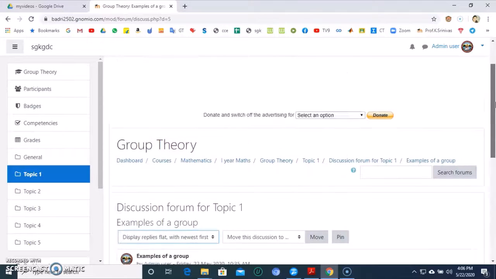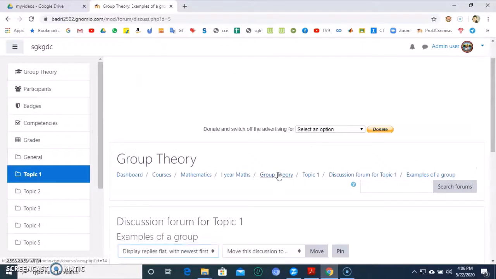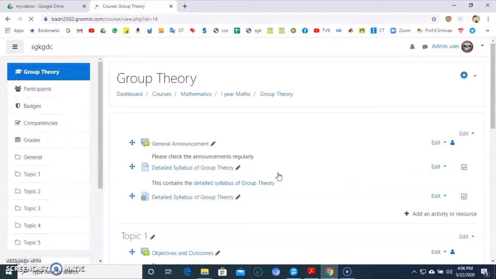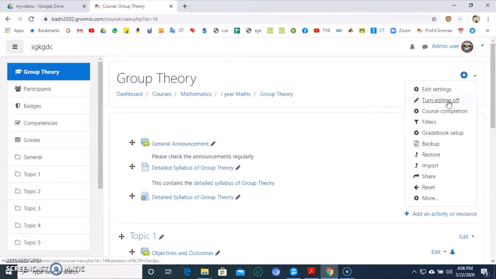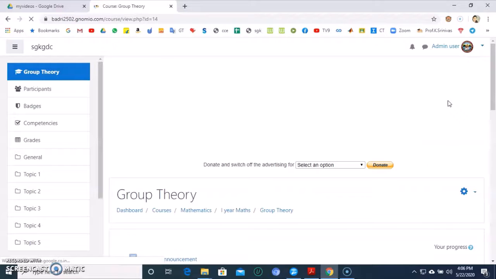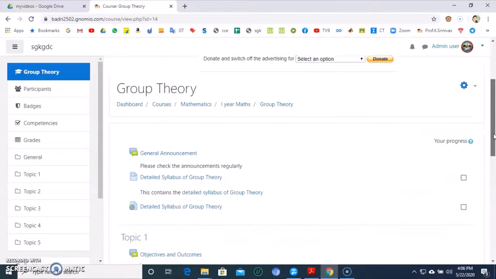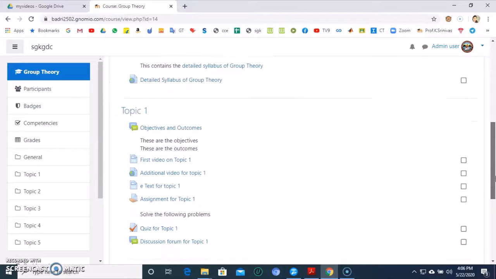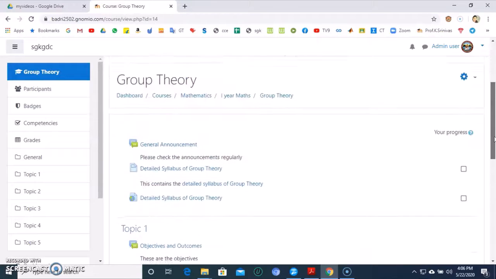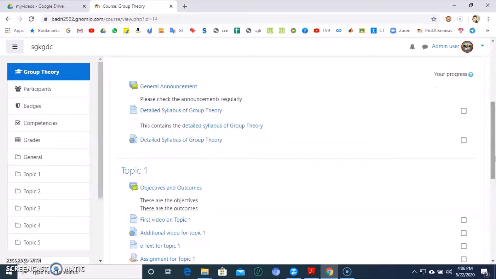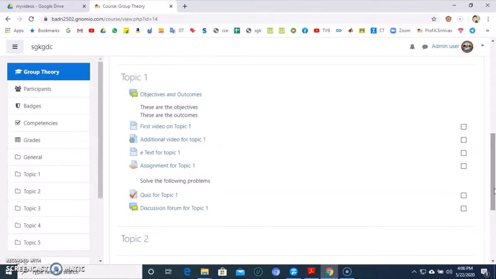Fine. So let's go to our course, group theory. Let us change turn editing to off. Right. So that's it. We have delivered your content completely.